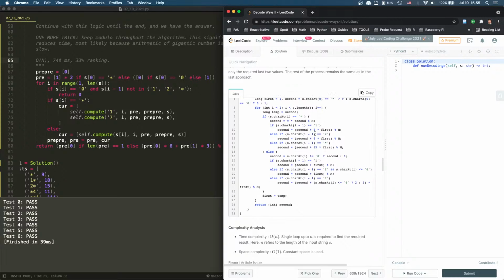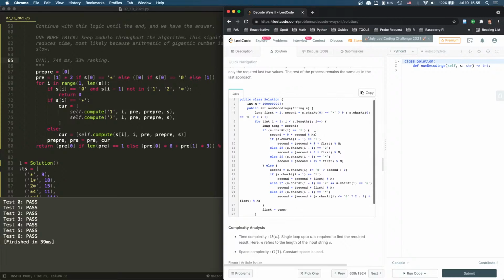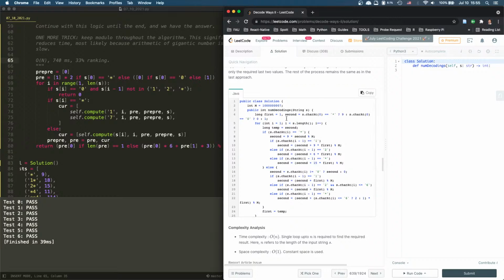I like my solution better, although this is pretty simple though. Let's just read through this. First, second. They kept 2, right? So they don't use okay, keep 2. And if it's a star, second is 9 times second mod n. If it's 1, second equals f, f equals 2, f equals this. Else,